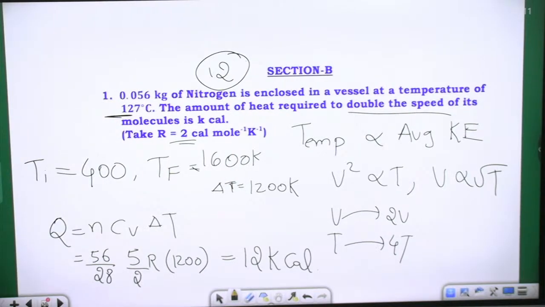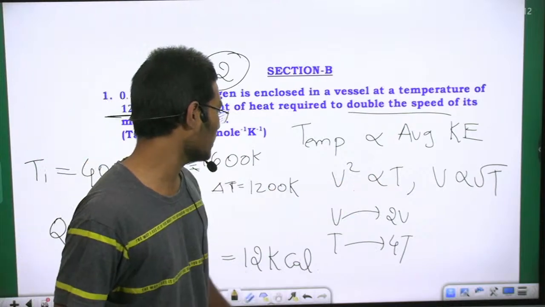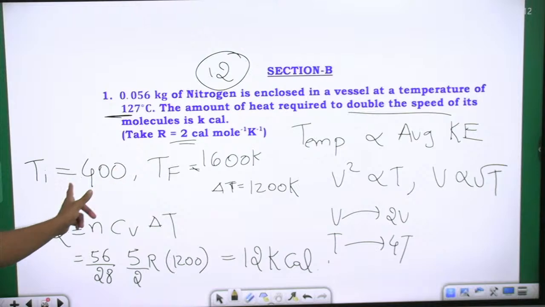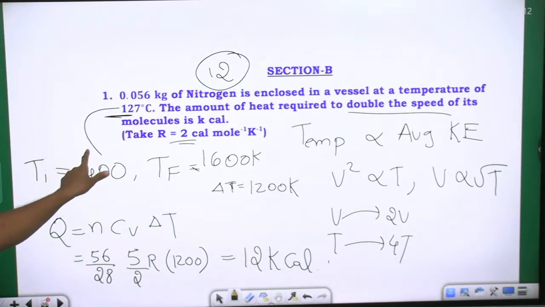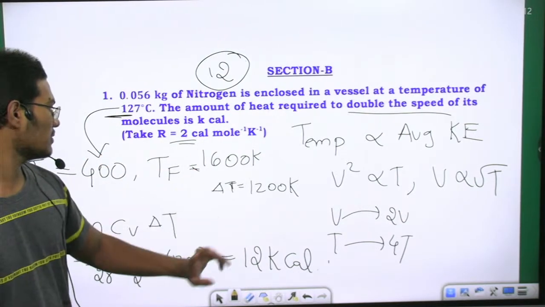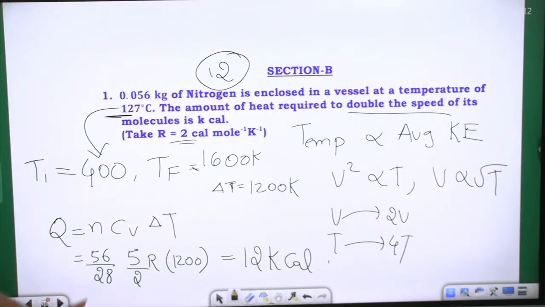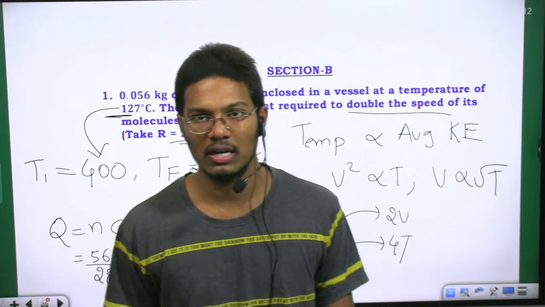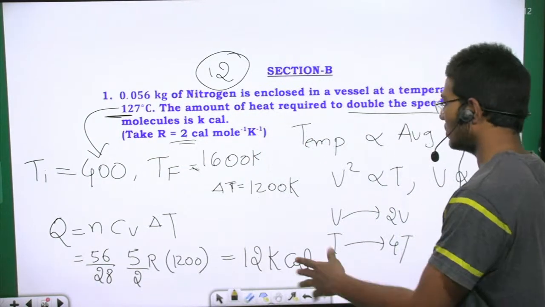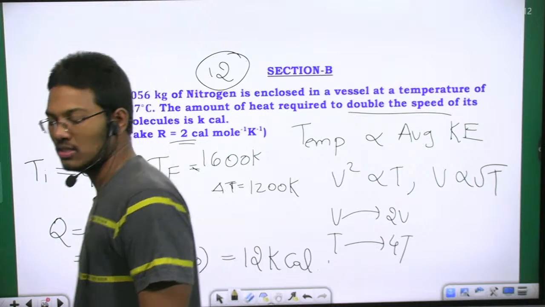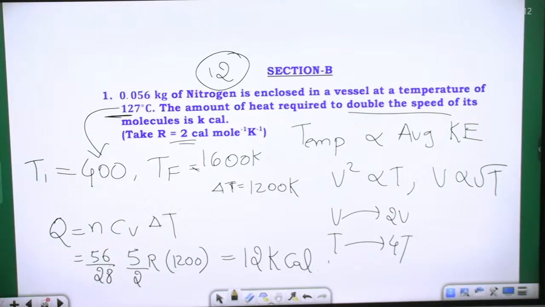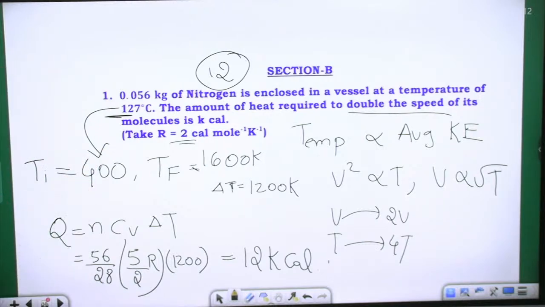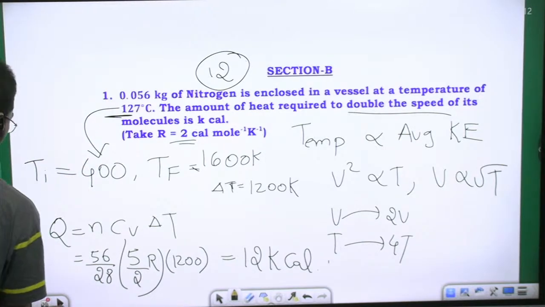Right? Simple. V square is proportional to T. So V doubles, temperature becomes 4 times. So temperature initially it was 400, from T is equal to 127. It became 4 times, delta T is 1200. Q is equal to delta U, change in internal energy from first law of thermodynamics. Heat supplied is equal to change in internal energy plus work done. Okay? So work done is 0. So change in internal energy is equal to NCV delta T. CV I can write as 5 by 2 R for diatomic gas, that is nitrogen. R we got 2, and if you substitute we get the answer. Next,